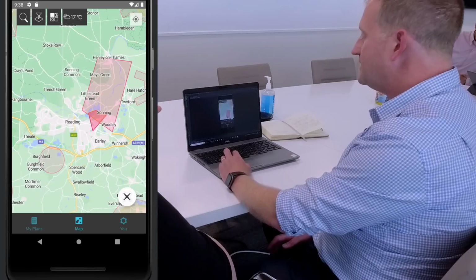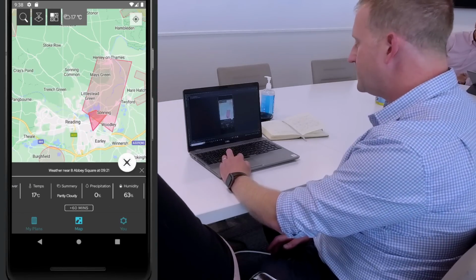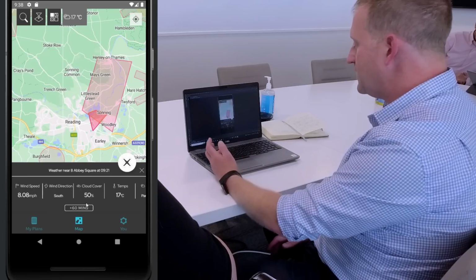There's me calling myself a Drone Assist expert almost, and I had no idea the weather services were in the existing app. But that's fantastic, because it's literally just clicking one button and it's jumping up at the bottom there. Exactly. And you can run it an hour ahead, and it will locate it anywhere you search to, anywhere your